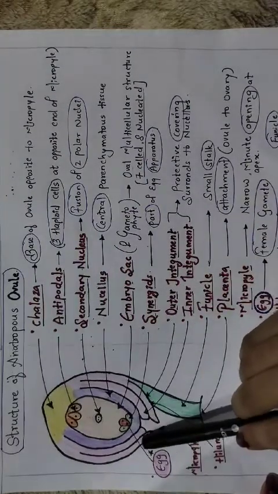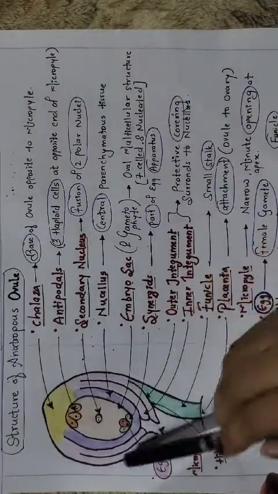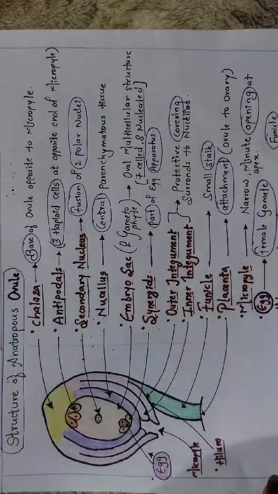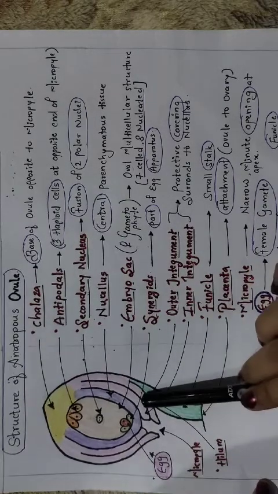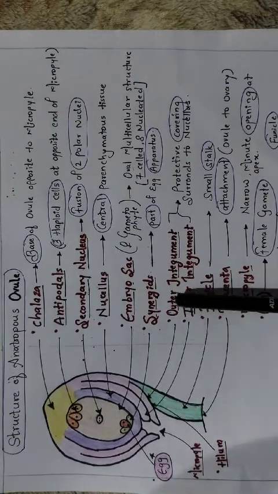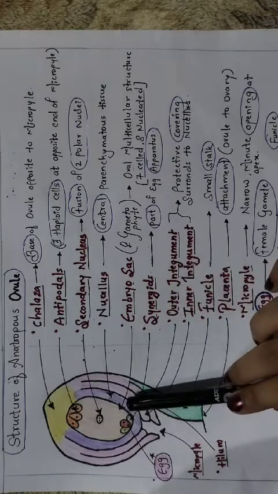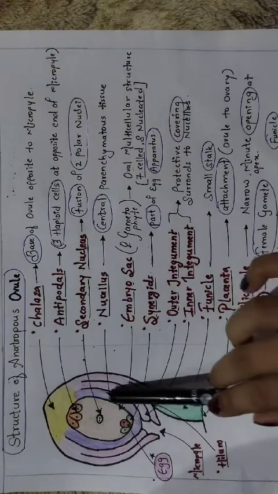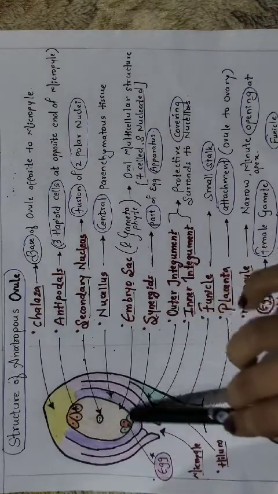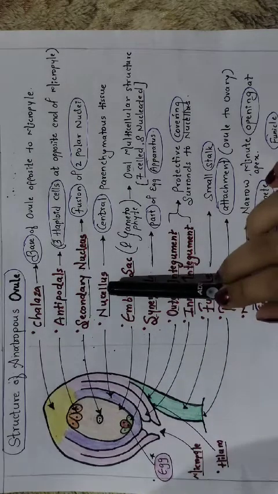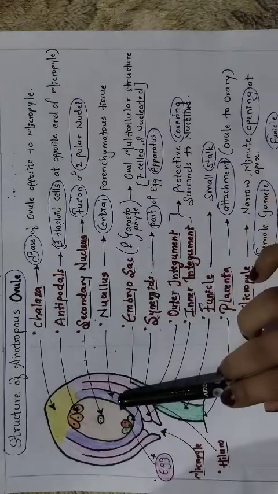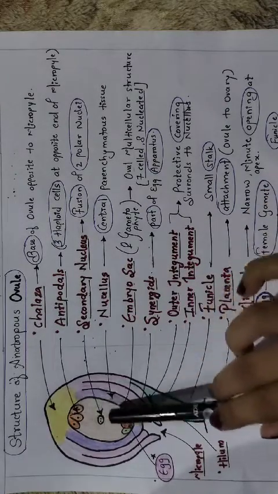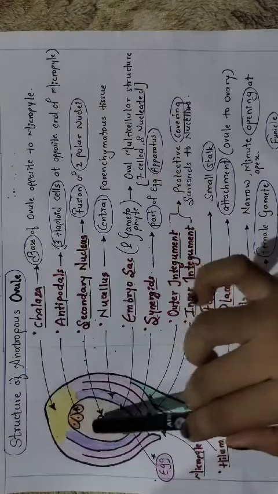Okay, the outer covering, the pinkish color, you can see these two layers are called the integument. The outer layer of the integument is called the outer integument, while the inner layer is called the inner integument. Inner to the integuments there is a purple portion, you can see, that is called the nucellus, and the nucellus is actually nutritious in nature, which is going to nourish the inner embryo sac. And finally